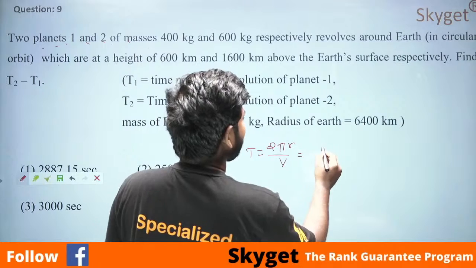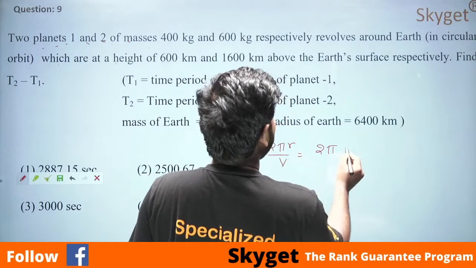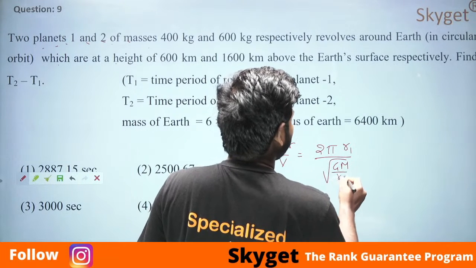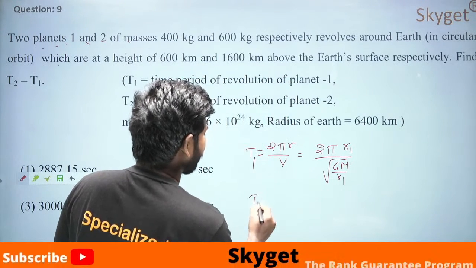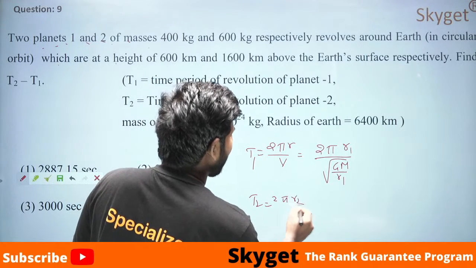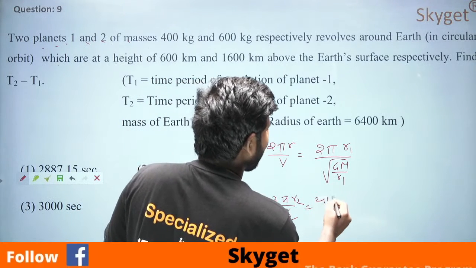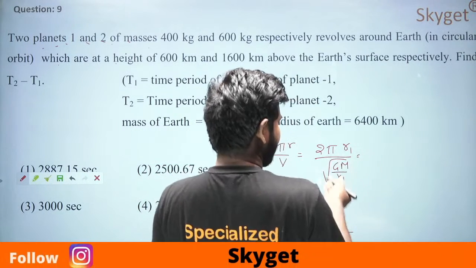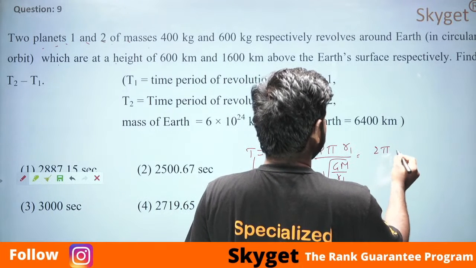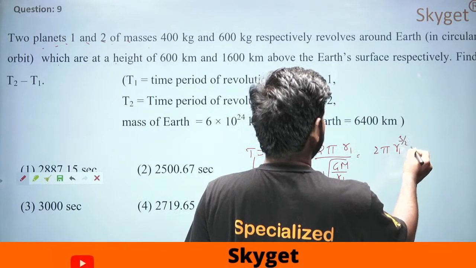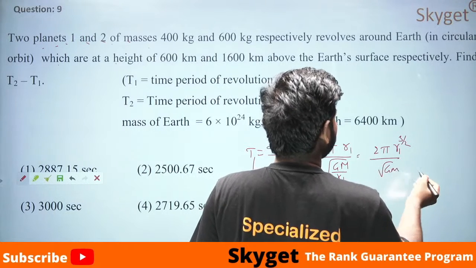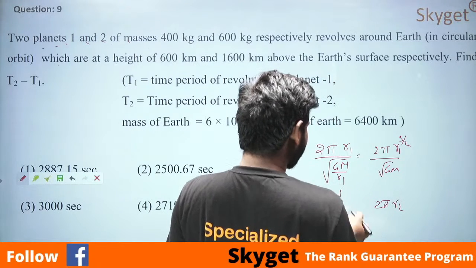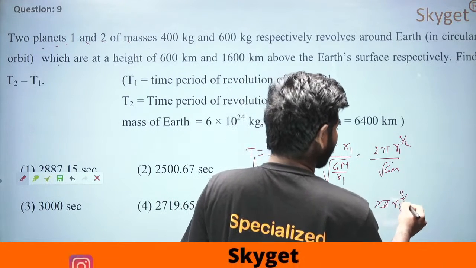So if you consider this one, T1 is 2πr1 by v1. What is orbital velocity? Root GM by r1. T2 will be 2πr by v, that is r2 by v2, that will be 2πr2 by root GM by r2. So if you rearrange this one, 2π root over r1 power 3 by 2 by root GM, and this will be 2π r2 power 1 plus 1 by 2, that will be 3 by 2,